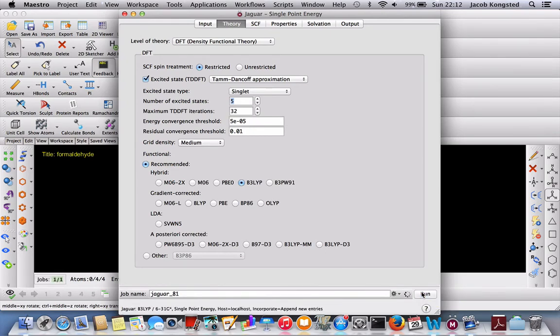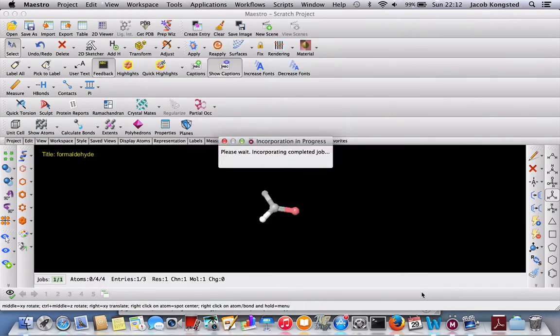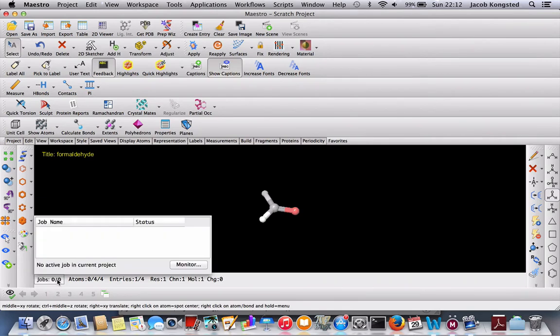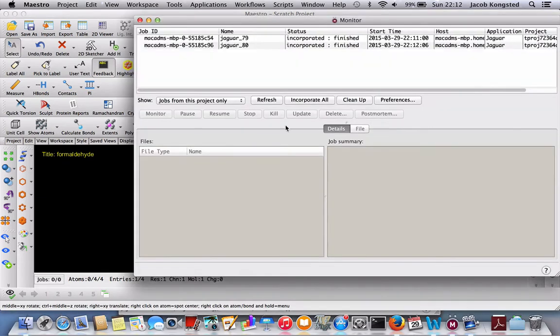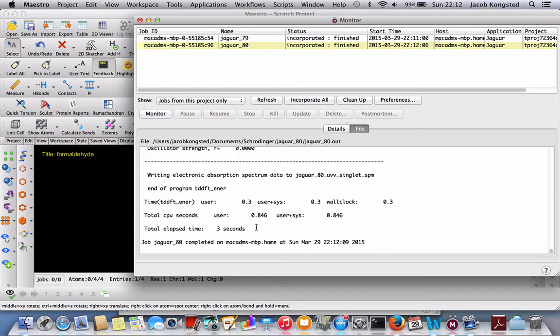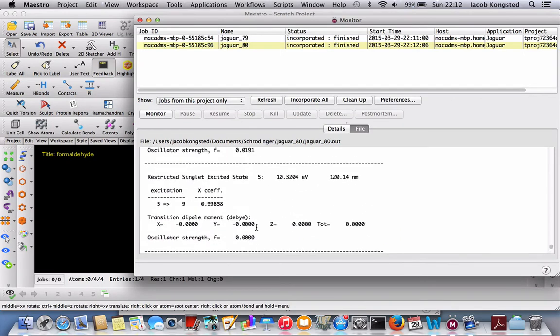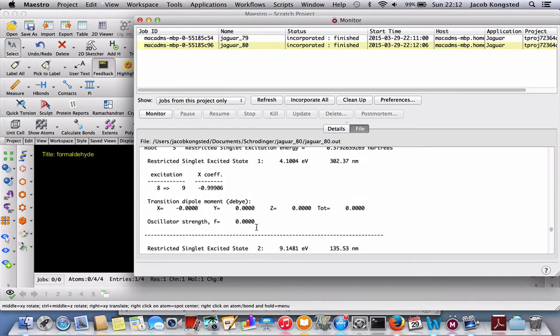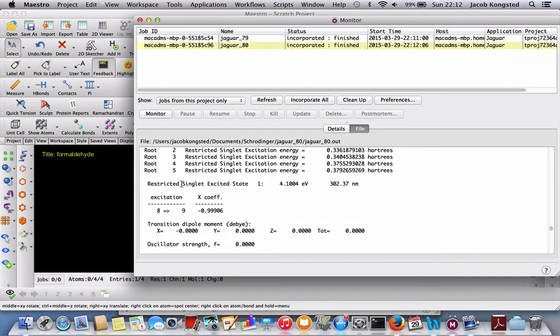The calculation takes just a few seconds. In this case, it's done now. I go here to the output file, choose the calculation that I have just performed, and inspect the output file. Now I am at the bottom of the output file, and if I scroll back a bit, at some point I get to singlet excited state number 1.